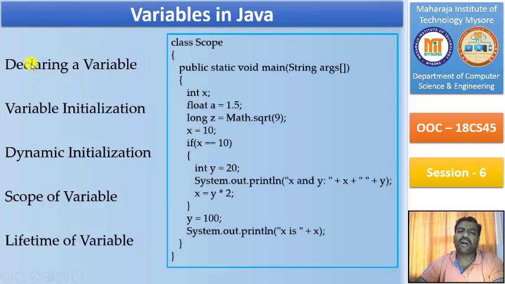So we are already aware of this. That is, when I say int x, it is declaring a variable. So nothing different in this. But one major difference, what you should remember with respect to C program, is you can declare the variable in a Java program wherever you want in the program,